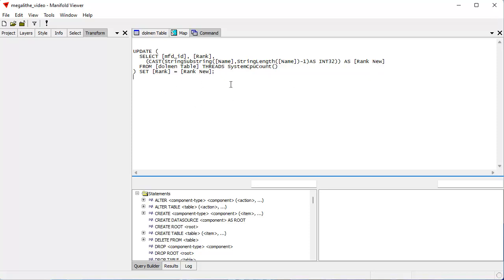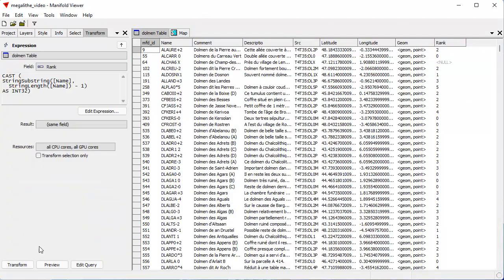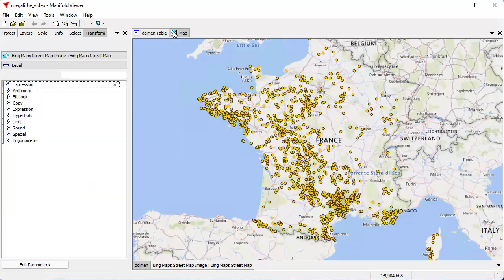This is a good way to see how SQL works. If you want to learn how to do SQL, if you want to customize this to change all sorts of other things, you can do that. If we wanted to run this, we could just click that, and bang, that would have the same effect as when we click the transform button here in the transform pane. Okay, so we've now added a rank to the Dolman table, that's the table for the Dolman drawing that's used in the map,